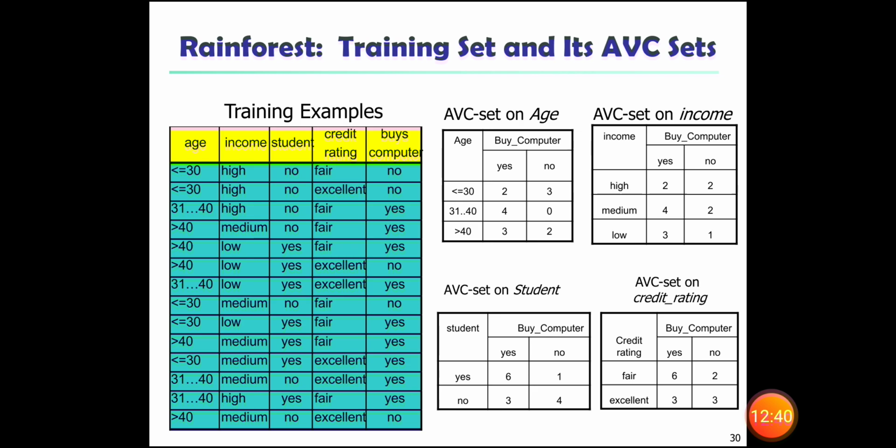So like that, if the training set of data is given, it can be partitioned in different ways. By that you can easily understand how the data can be categorized. When we partition the data set, each and every time we need to depend on the label, so we have to categorize these values with respect to the attribute. This is nothing but rainforest. There is a training set and it has sets.